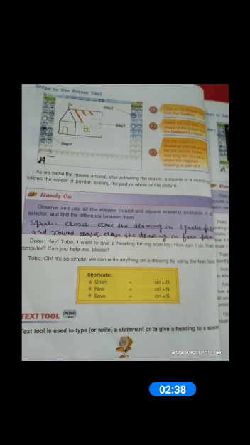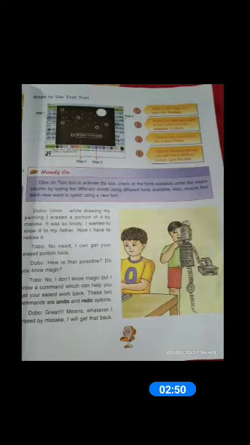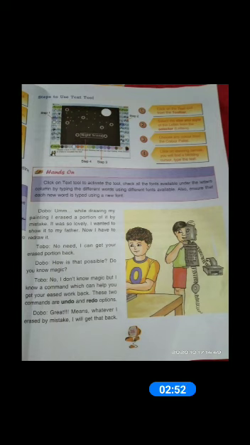So next is the text tool. The text tool is used to type or write a statement or to give a heading to a scenery. Click on the text tool from the toolbar.